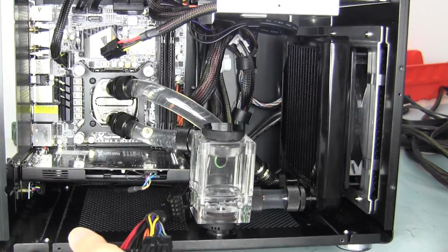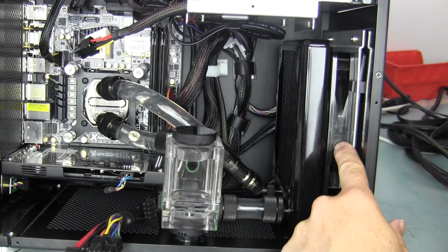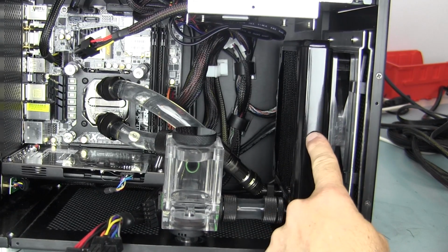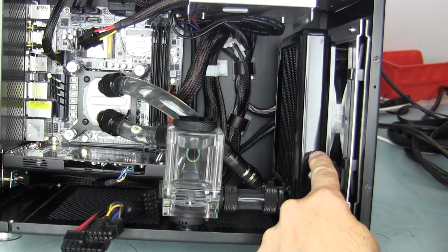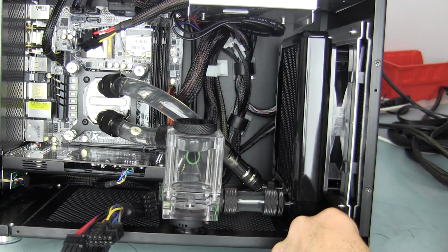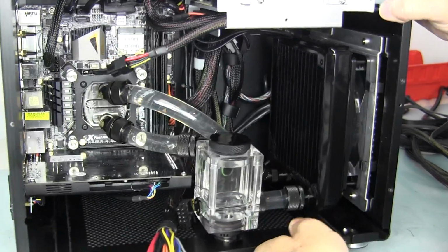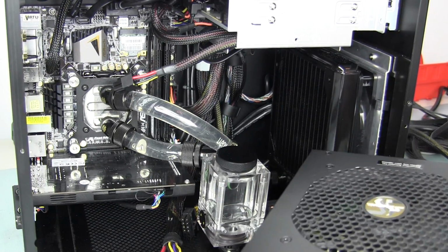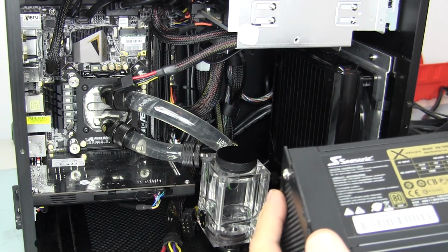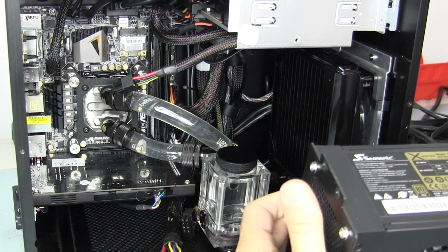So, and let's see, oh, and then in the front is an AeroCool Slimline 140 millimeter fan with a GT 140 Stealth black ice radiator, and we're going to put in it now a Seasonic 750 X Series Gold power supply, and that's going to cover up most everything. I'll get it all connected up, and then we'll be powering it up, and then I'll